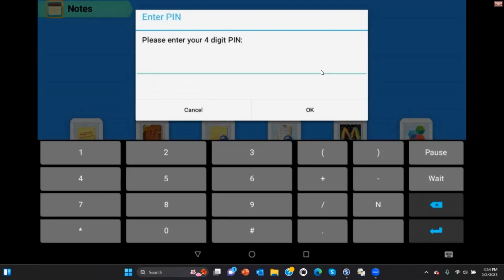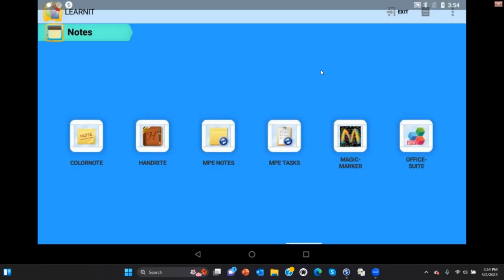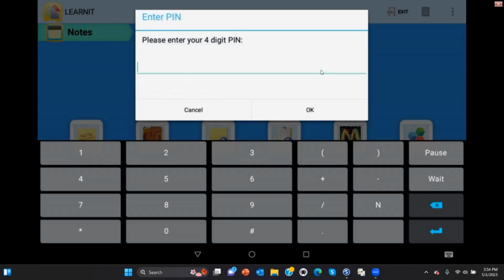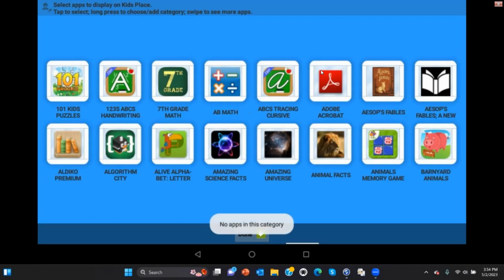And when you click on select apps, you're going to see enter PIN. Please enter your 4-digit PIN. So all of the screens should be matching mine now. And then the PIN number is 7603. Are we there? Then click OK. Yes, we are. Okay, once you click OK, you are going to come into an area where you would have,